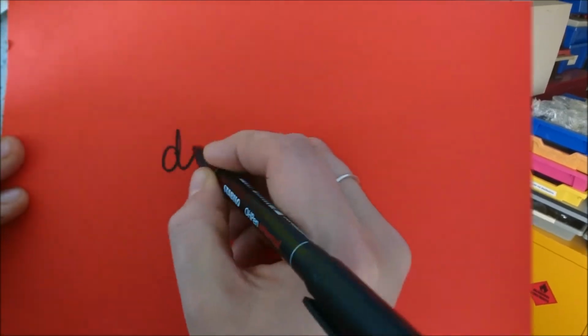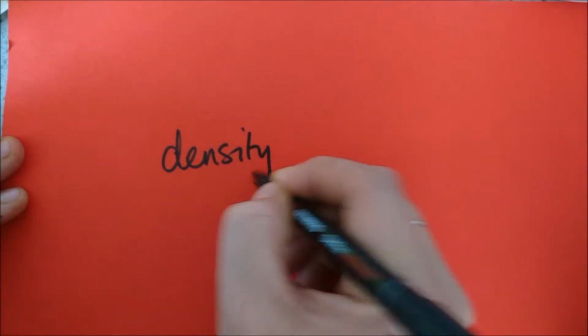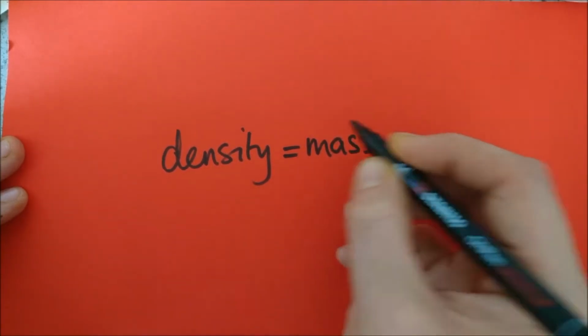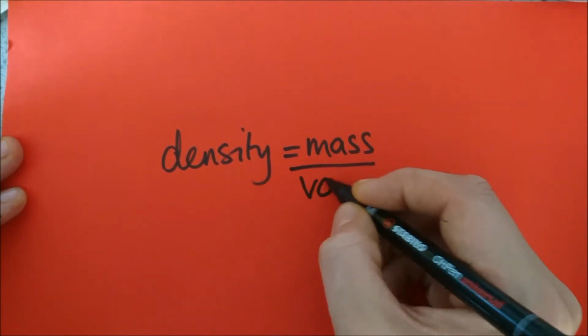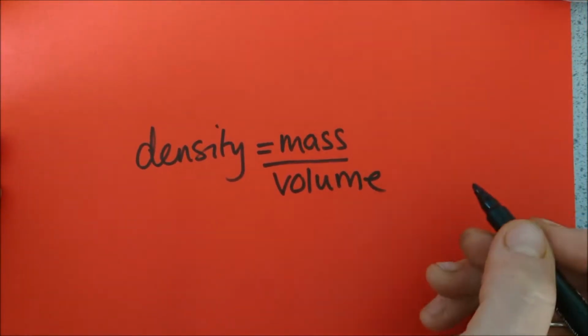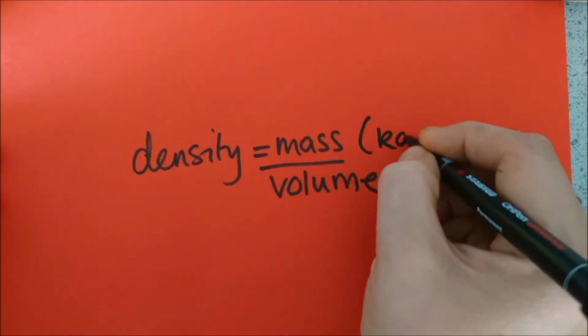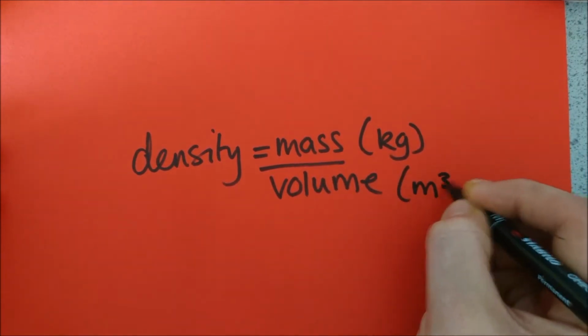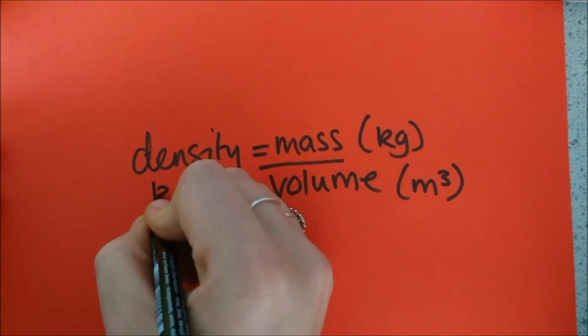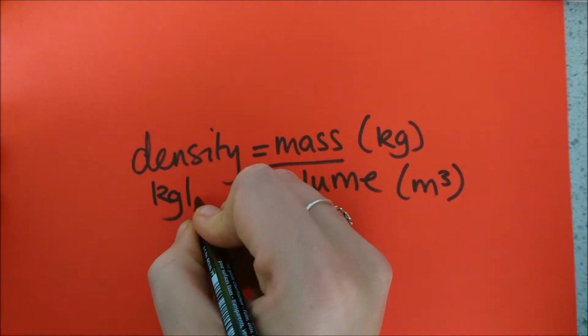Let's get cracking. For your exam, you need to know the definition of density and also how to calculate it. So the definition of density is mass per given volume, and the equation is mass over volume. It doesn't matter if you're triple, trilogy, foundation, higher, you've got to learn this. Mass is measured in kilograms, volume is measured in metres cubed, and density therefore has the unit of kilograms per